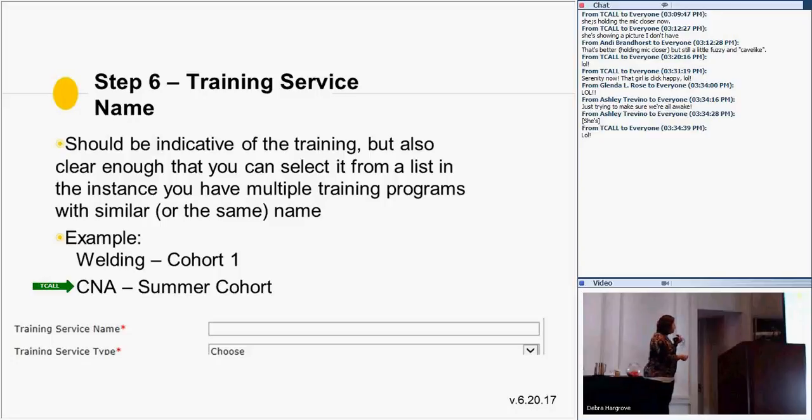This particular piece right here, where you're adding your training service days, again, keep in mind, you're going to need to be able to refer back to this to know which one it is, based on what the start date is. So if you have, let's say, 2 summer cohorts, one started at the beginning of the summer, one started at the end of the summer, you'll call those summer. I'll show you what it looks like to actually look at the training. You can't see the start date, but just for general organizational sake, it's much wiser to call it something that makes sense.